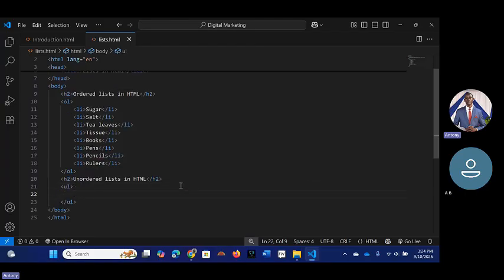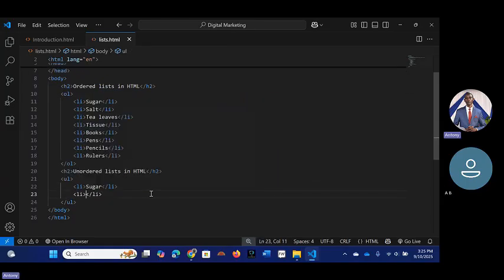So we press enter and then we open it. Inside the UL, we are going to enter the tags for list items. And inside each list item tag, we will now list the shop items that we are selling. So LI number 1, we're going to enter sugar.